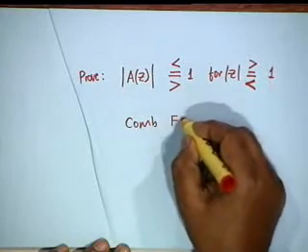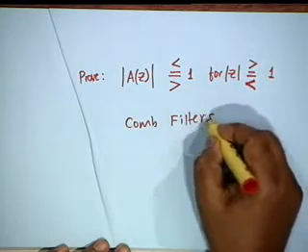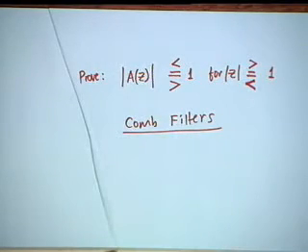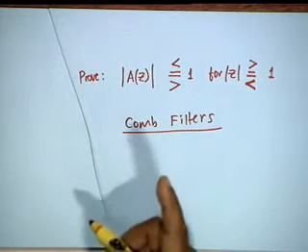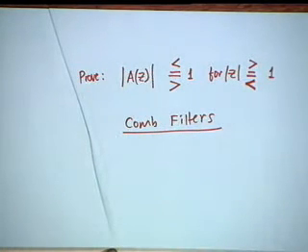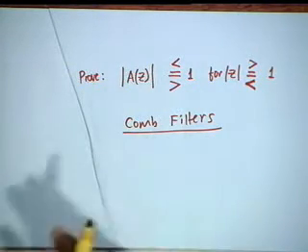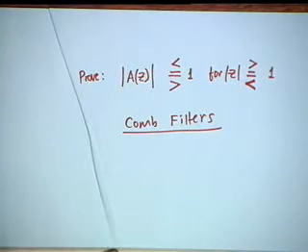The other filter that I shall make a quick mention of is comb filters, and the name is derived from the property that the frequency response looks like a comb. It has gaps and solid lines, gaps and solid lines. It looks like a comb. The lines are not straight lines, they are frequency responses. You know, straight line response is abhorred by nature. Nature does not allow such things, they are not realizable.